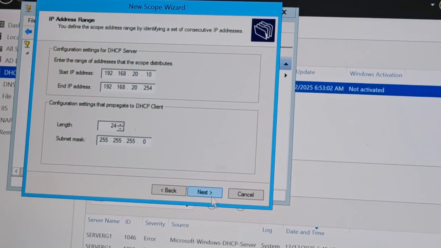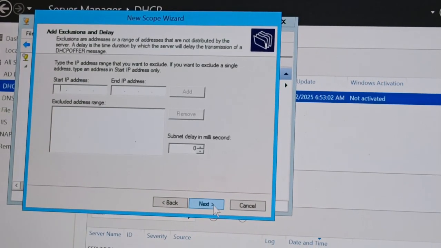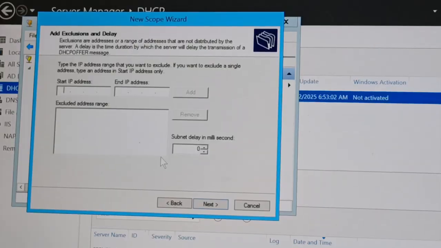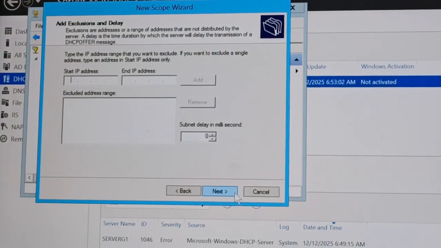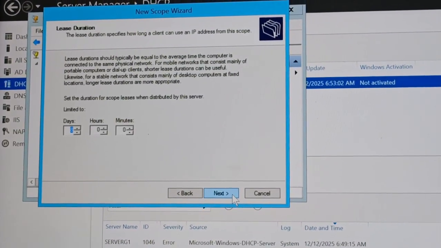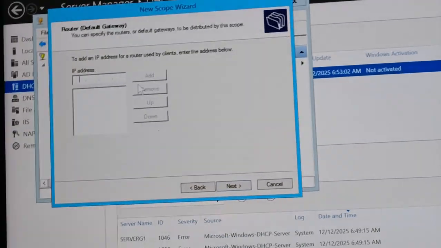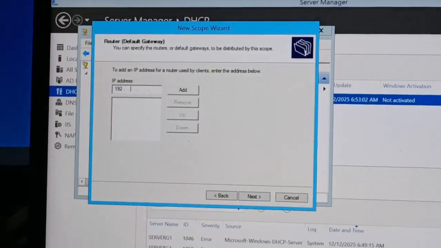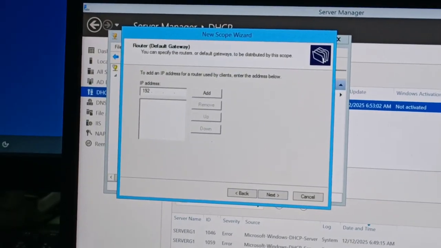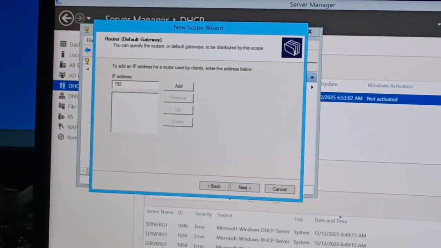And there. And then next, and for the IP range, we're going to be doing nothing in here. Next, next, next. And for the default gateway, we're going to be inputting our router's IP